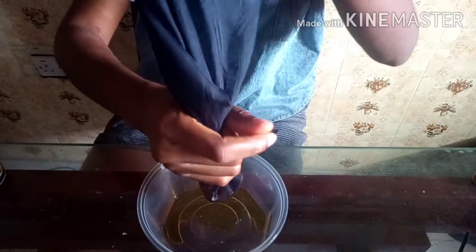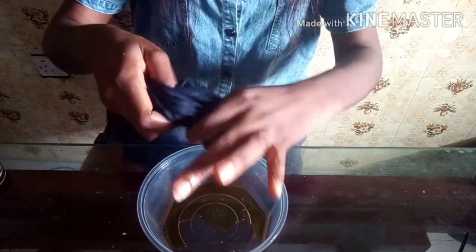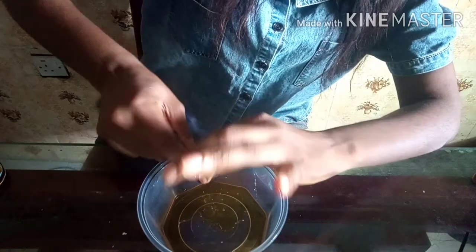I know it looks small, but pardon me, I made mine a very little batch because I don't need so much, but then you can make yours more. I peeled 2 lemons. Got that beautiful color, guys. Then